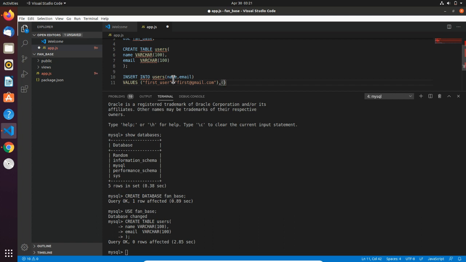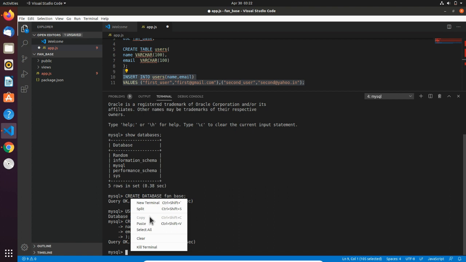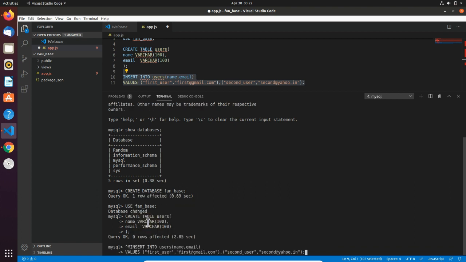Put a comma here. Second user is another name, and I'll give second@yahoo.in. Put a semicolon. I'll copy this, Control C, Control V, or right click, click on paste.